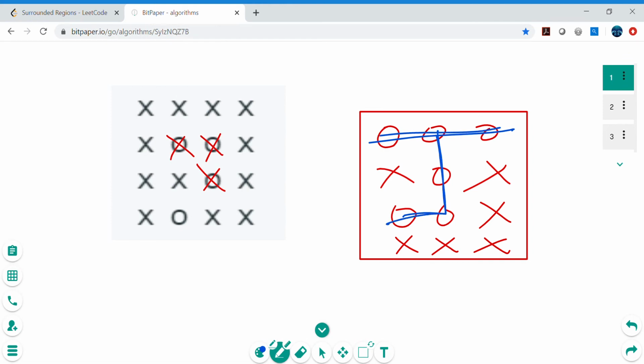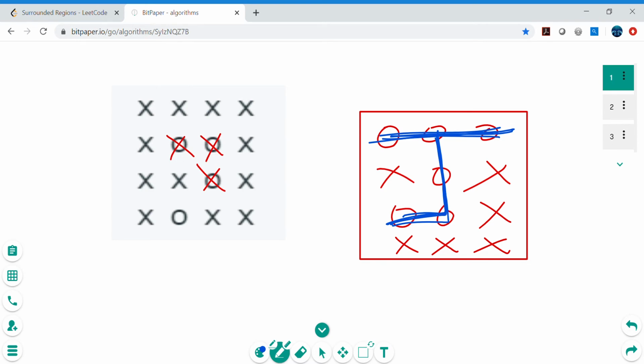All these O's are connected to the boundary. So whenever an O is on the boundary, let's run a depth first search. That means go deep, find all the related O's and change them to some other character, maybe a hash, star, or something else.